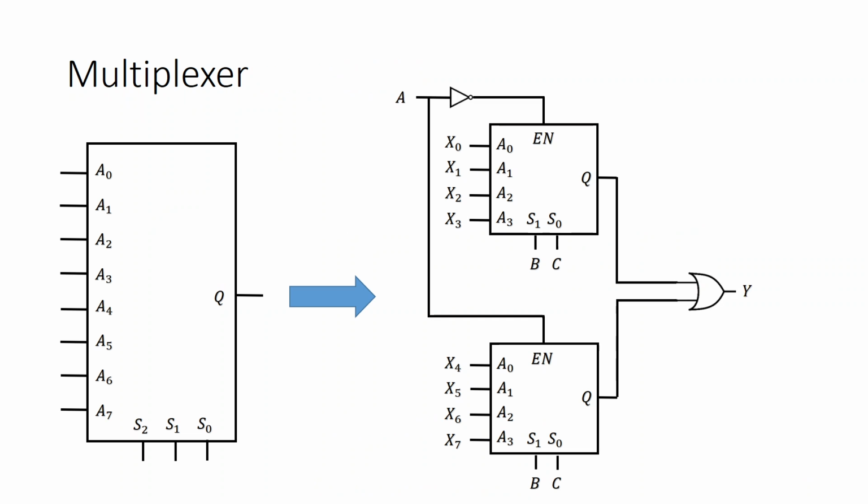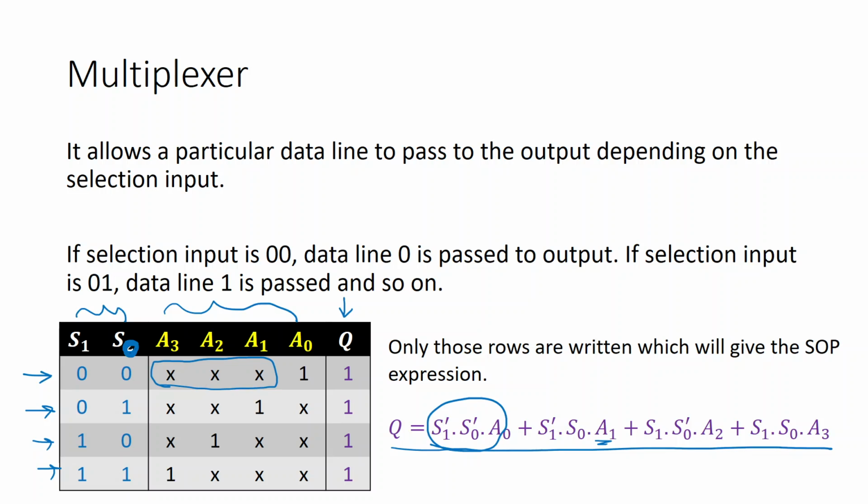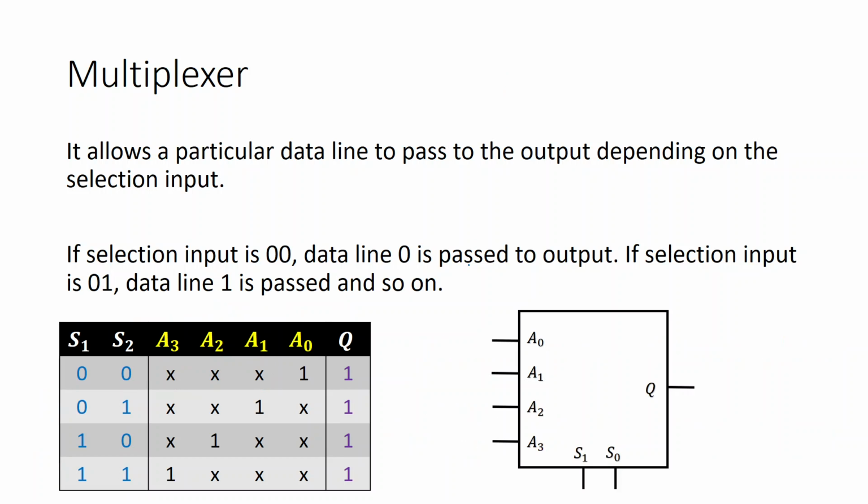4x1 multiplexer. So this one is called a 4x1 multiplexer. The number of data channels you have is 4, and the output is always 1. From this number 4, you would be able to know the number of selection inputs, because this 4 is 2 to the power of n, where n is the number of selection inputs. So you know that n is 2 in this case. And this is how we represent the block diagram of the mux.